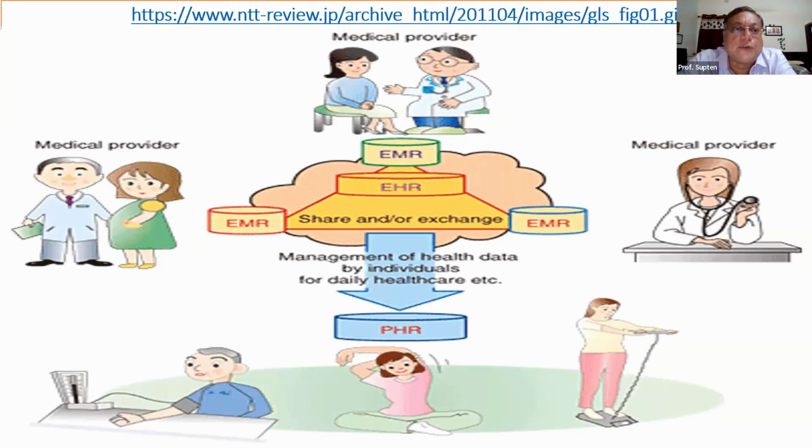And now with the wearables that we have, the Internet of Medical Things or Internet of Healthcare Things, whether it's a Fitbit, whether it's an Apple Watch, whatever it is, we can put those data, we can have the cumulative data from multiple electronic medical records and the personal health record and put it into the EHR. But mind you, EHR, electronic health record, is not a medical record, it's a health record. That means it doesn't contain only the disease, but also health conditions like immunizations and so on. And it's a longitudinal record from birth to death. So EHR, electronic health record, is a longitudinal record from birth to death and can be formed with data inputs from multiple EMRs and the PHR. So that's a basic concept.